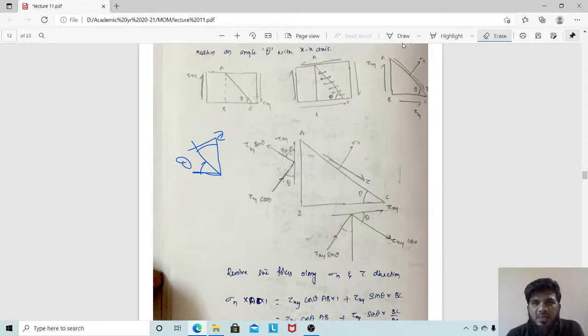Already we have done this in the previous section. What we have to do? We have to draw a line parallel to tau. Obviously this is theta. So obviously this is interior angle, alternate angles, vertically opposite angles. So we will try to find this angle as theta. So obviously this is theta, means this is cos theta, this is sin theta.